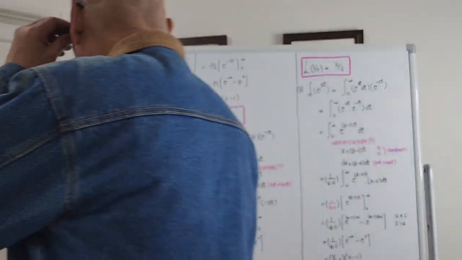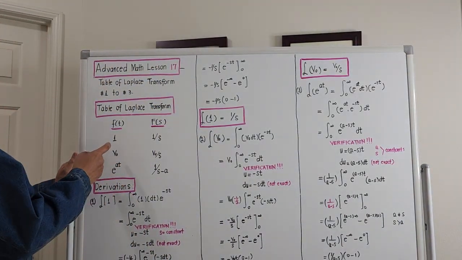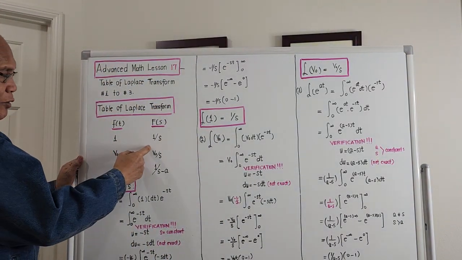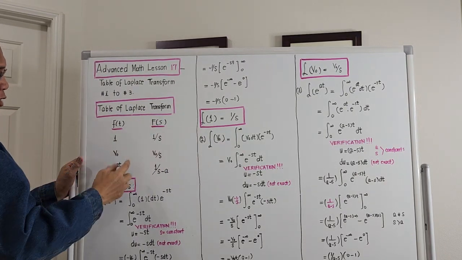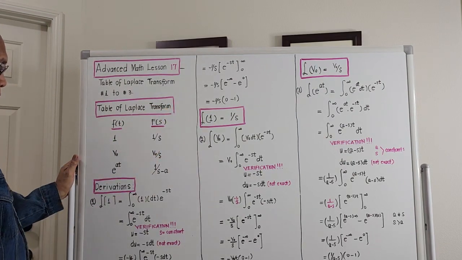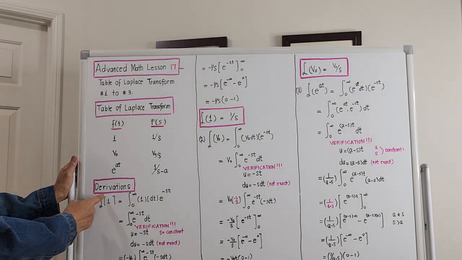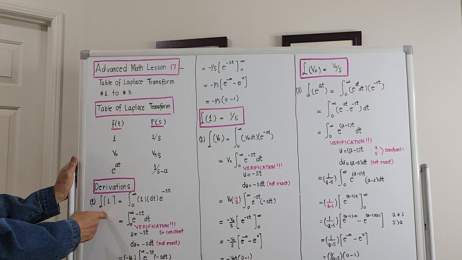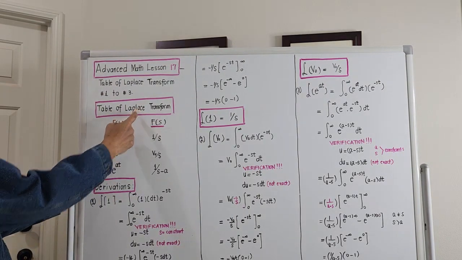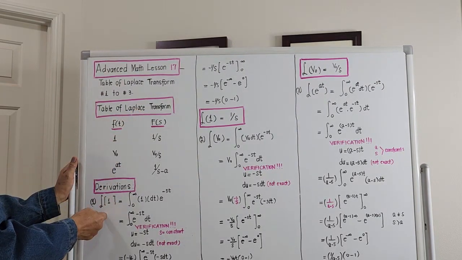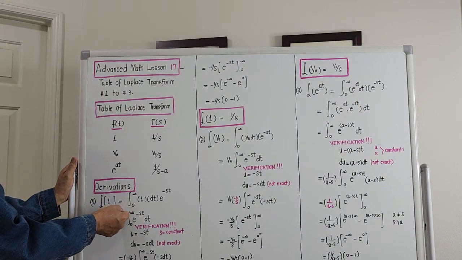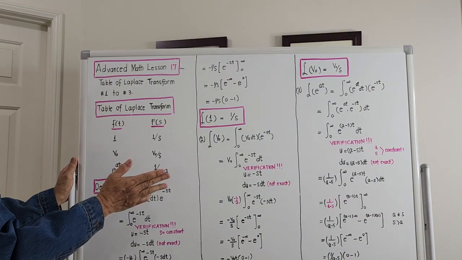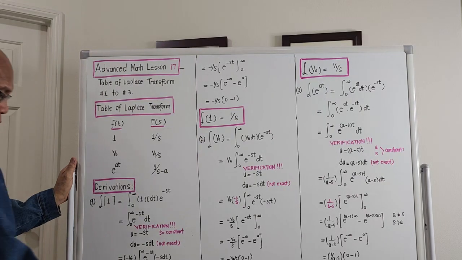Okay, number 1. I will try to derive the relation of 1 and 1 over s. That is a transformation from function of t to function of s. That's why we must use Laplace transform. The Laplace transform is like a capital letter L. It emanates from Laplace. This is L, or Laplace, meaning if we read this, Laplace transform of 1 should be equal to, okay? From the previous discussion, it is actually